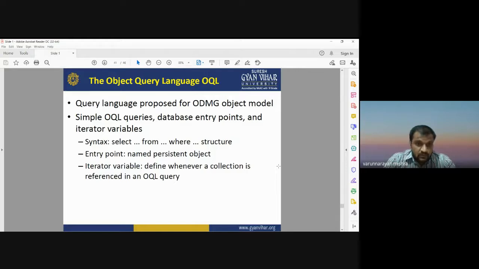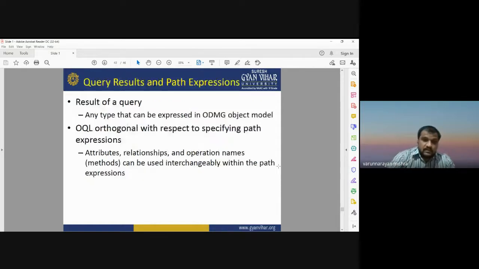So in the object query language, we need to define a syntax. We need to have some entry point. Then we need to have some iterator variables that will be used to define whenever a collection is referenced in an OQL query. Now, query results and path expressions.